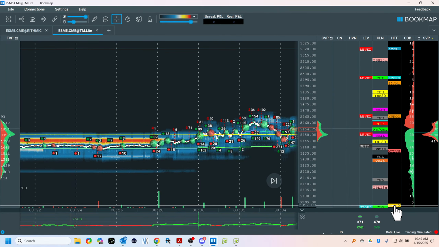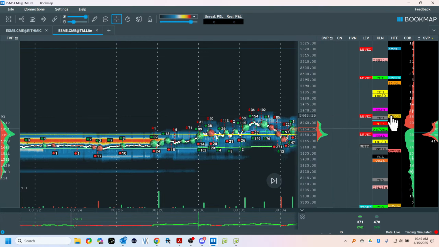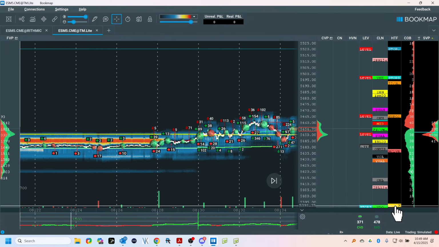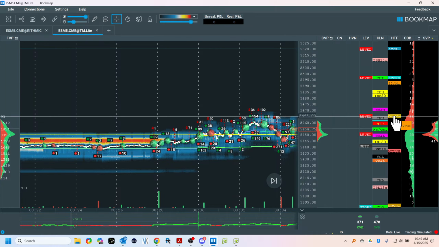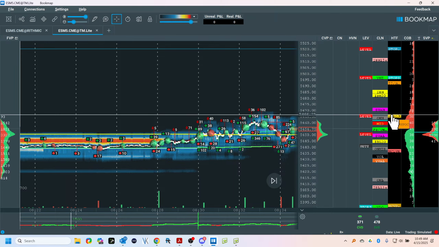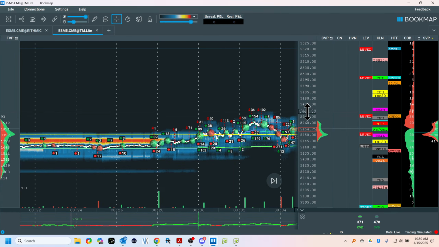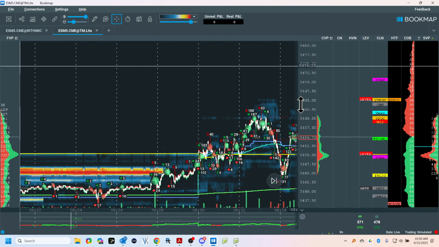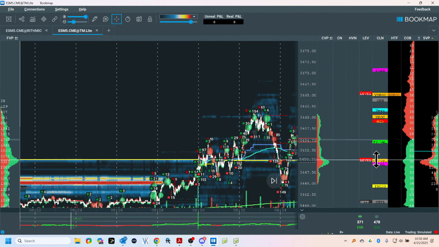Too low, intermediate time frame. Yesterday's retail price. Retail in an intermediate time frame, too low yesterday. And then yesterday's retail price. So too low, and this is the retail price from yesterday. And then I also have somewhere in here the overnight volume point of control, which is the volume from the ETH. So too low below, retail in the ETH.